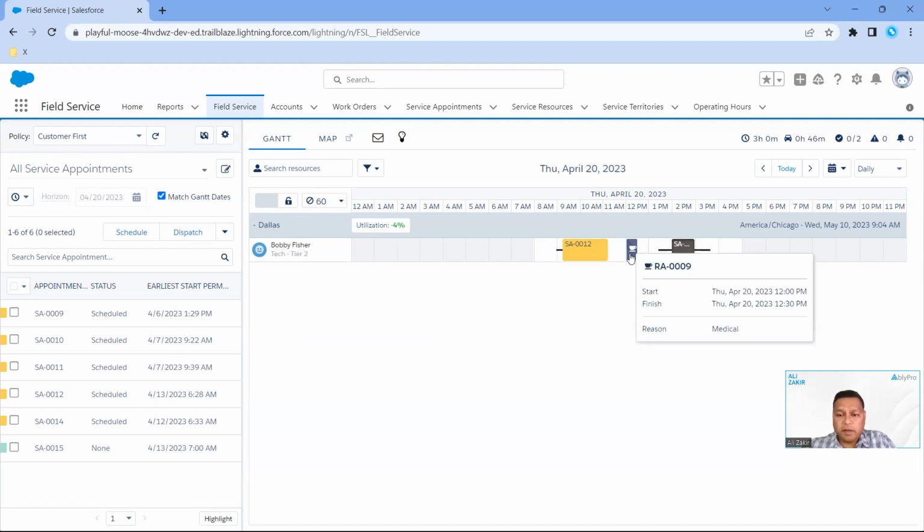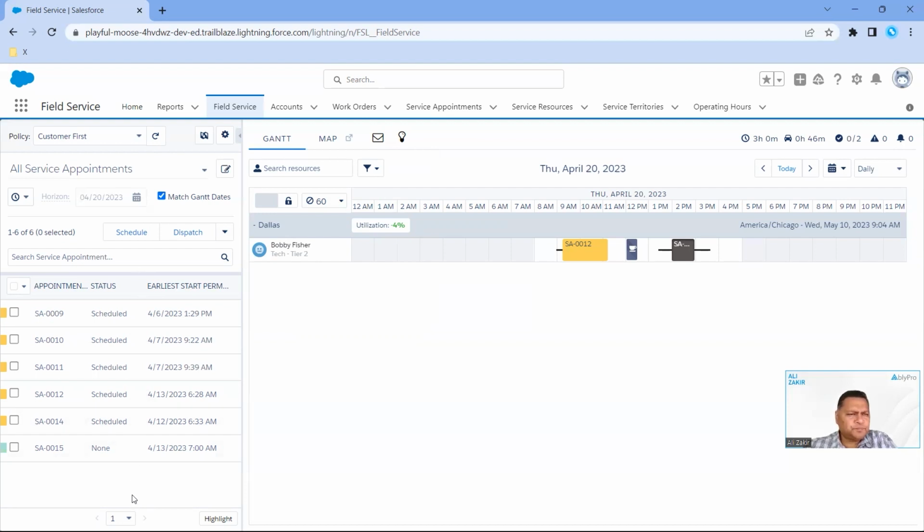Or maybe if they're on a break, like a lunch break or whatever the case may be, you can have that on the Gantt, so you know exactly when that resource would not be available. And if there are any alerts that you want to have, these would be highlighted here, optimization requests, and then this would be also notifications, and these would be highlighted if need be. Right. So now what we're going to do is move over to the left side